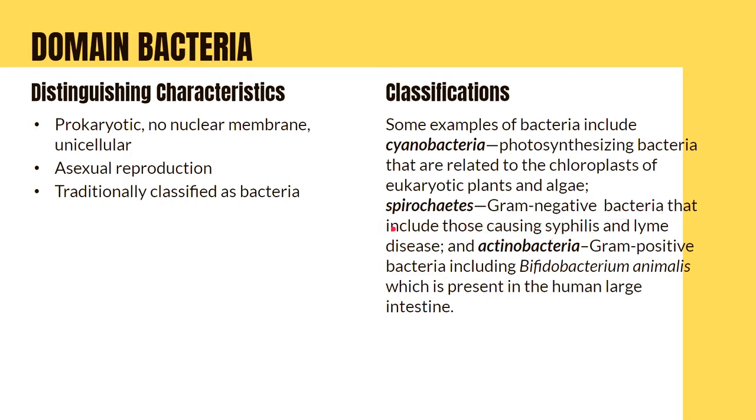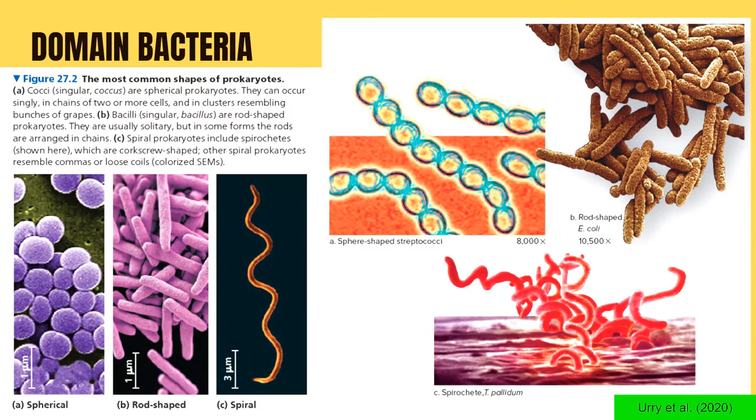So these are pathogenic organisms such as syphilis and Lyme disease. And then you have your actinobacteria. These are gram-positive bacteria such as Bifidobacterium animalis, which are present in the human large intestine. So the representative organisms of bacteria